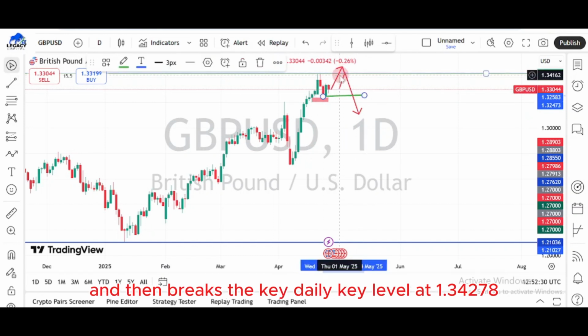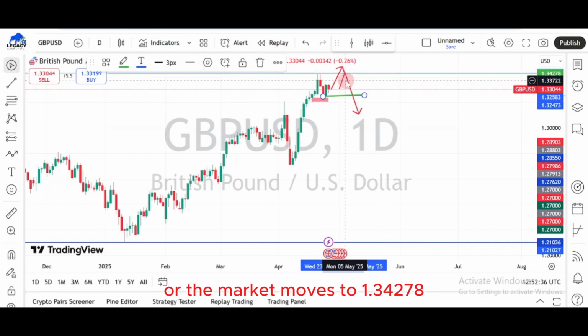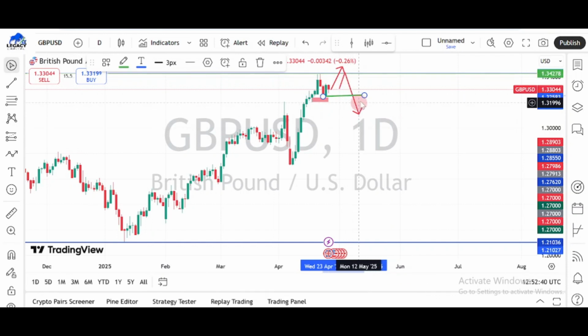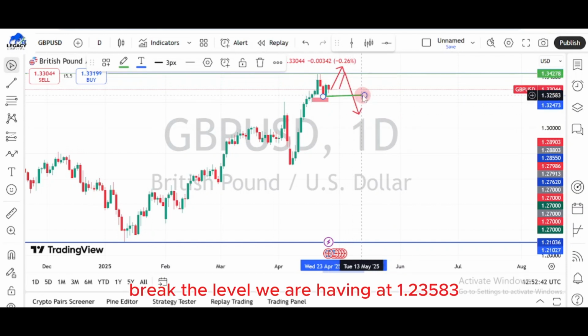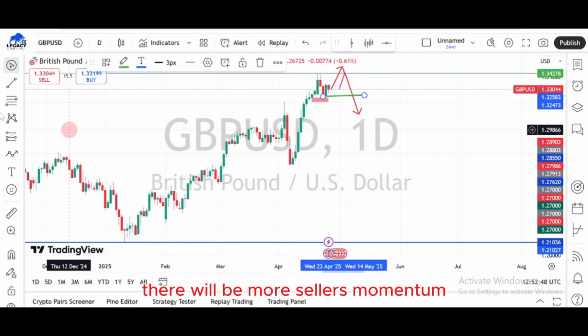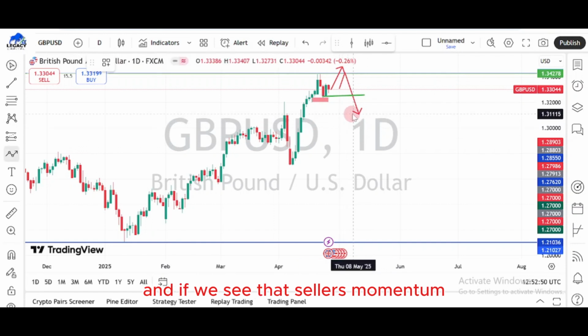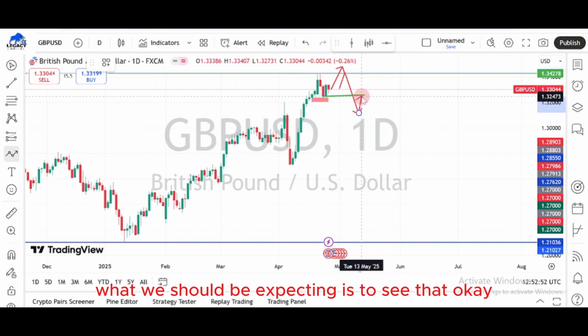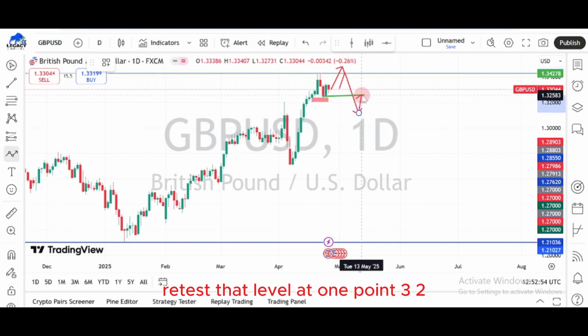So we'll be having just two things in our mind this week: to see the market push up to this level and then break the daily key level at 1.34278, or the market moves to 1.34278, then retraces back to break the level we are having at 1.23583. If the market breaks this, then we expect there will be more sellers momentum, and if we see that sellers momentum, what we should be expecting is the market to retrace back, retest that level at